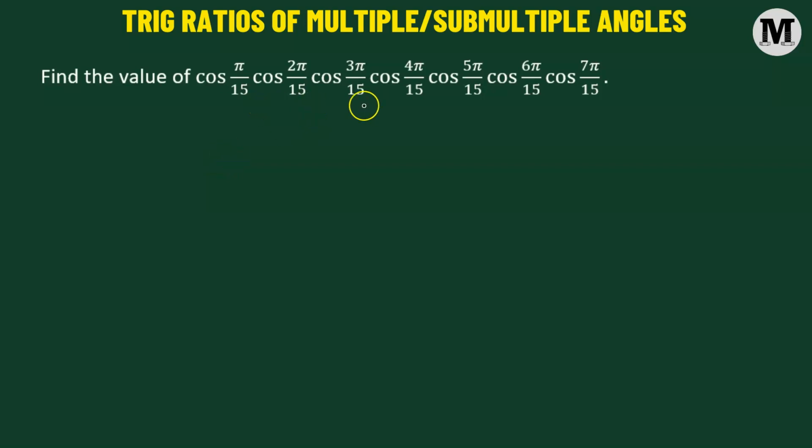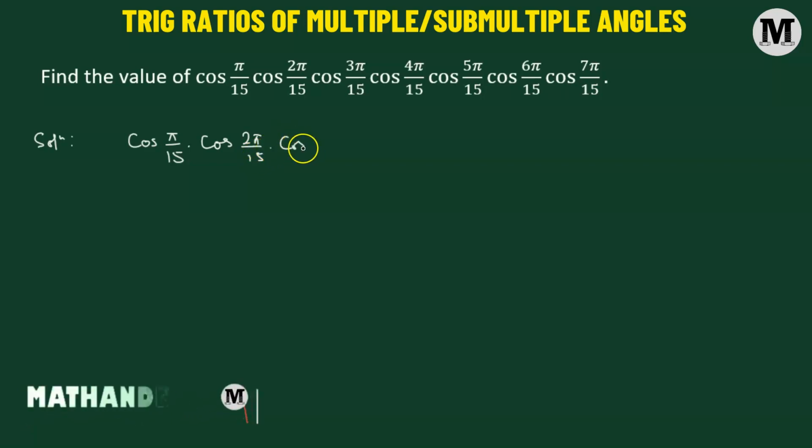So here we need to find out the value of the given trigonometric expression. Let us begin. So here we have cosine of pi over 15 multiplied to cosine of 2 pi over 15